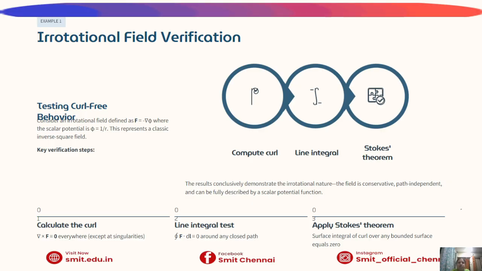Next we see the example 1 for irrotational field verification. Consider a vector field defined as F equals negative gradient of a scalar potential pi equal to 1 divided by r. This represents an inverse square field similar to the electrostatic field of a point charge. When we compute the curl of this field, we obtain 0 everywhere except at the singularity. Evaluating the line integral around any closed path also gives 0, confirming that the field is